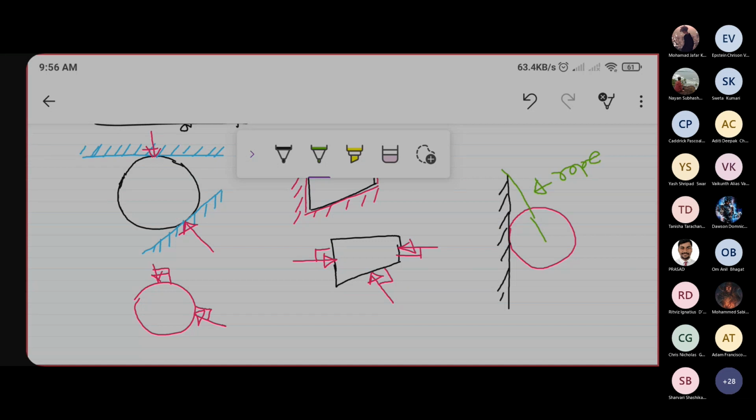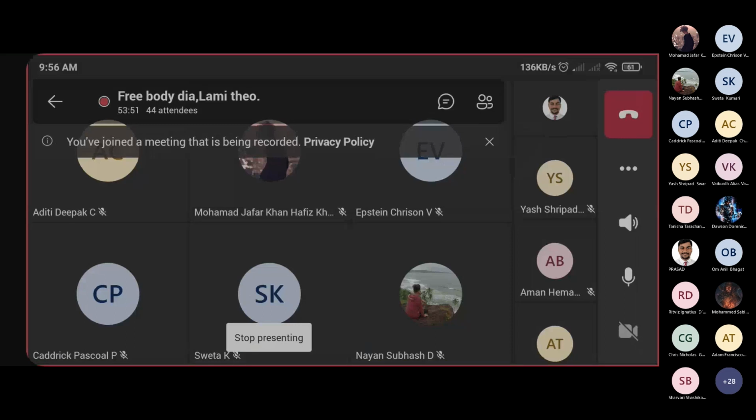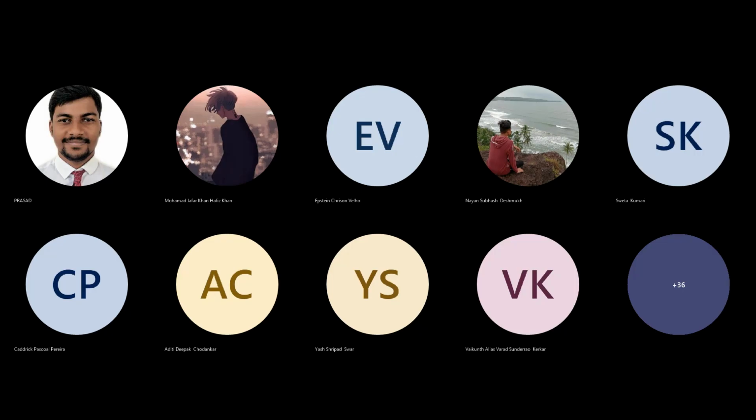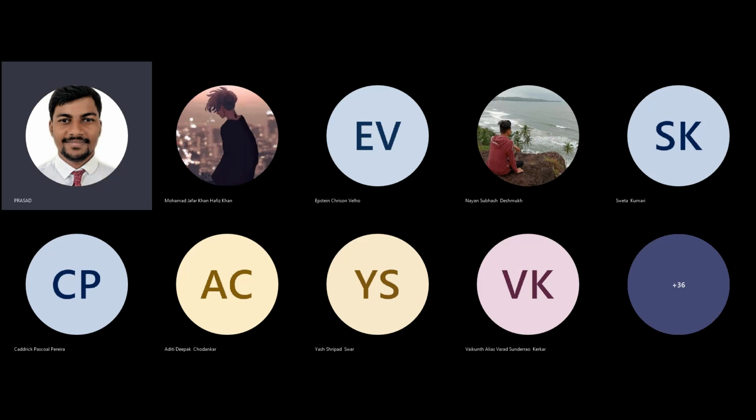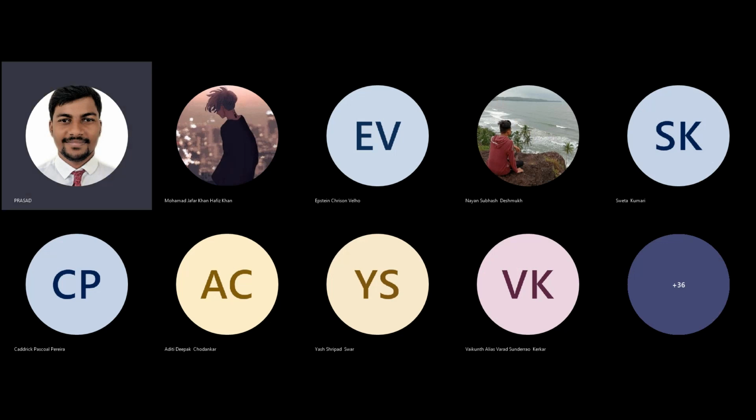You can have a 10-minute break. I will be online only. You can leave the class and come at 10:05, or you can be here or be connected and you can